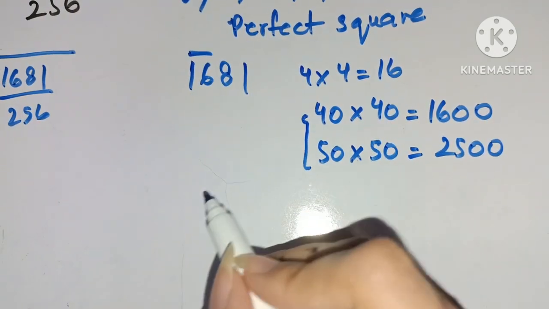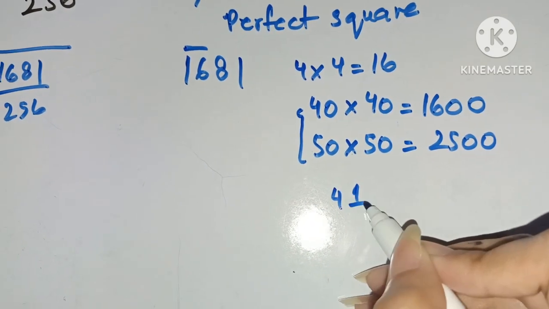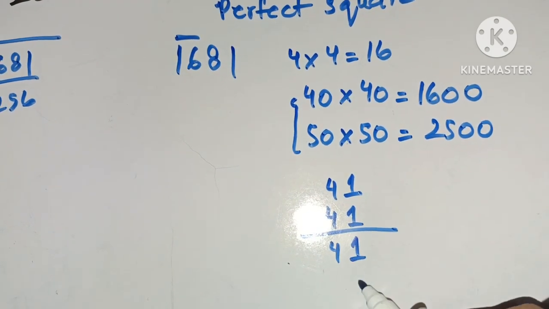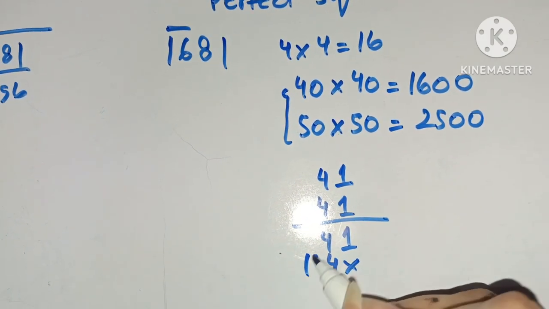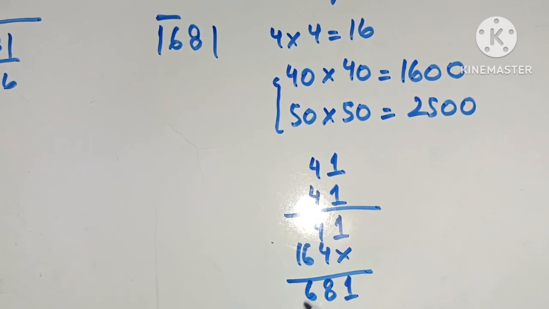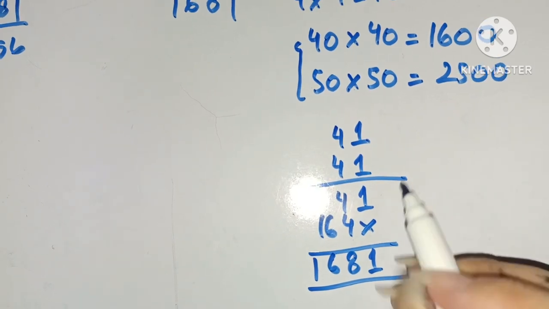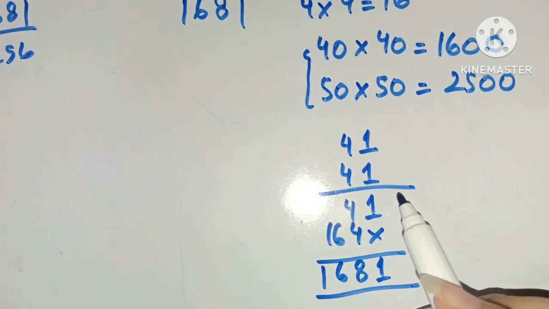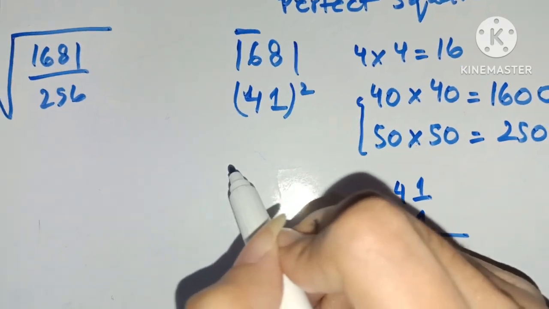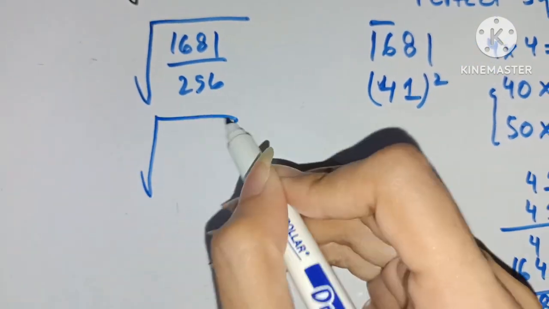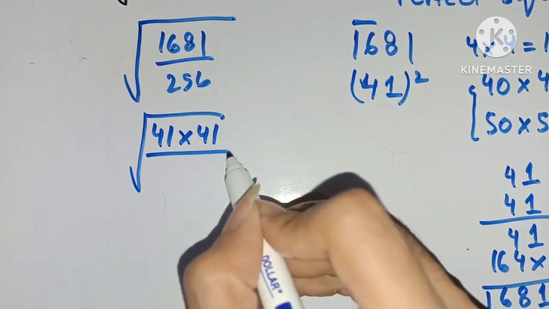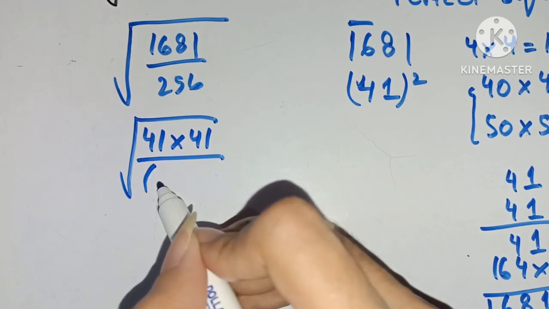So we can simply try the number 41 twice. If we multiply, 1 one is 1 and 1 four is 4, and 4 ones are 4 and 4 fours are 16. So we have 1, 8, 4 plus 4, 8 and 6 and 1. We are exactly having 1681 as the square of 41. So we can write that 41 square is 1681, which means 41 multiplied by 41, that is, 41 twice.